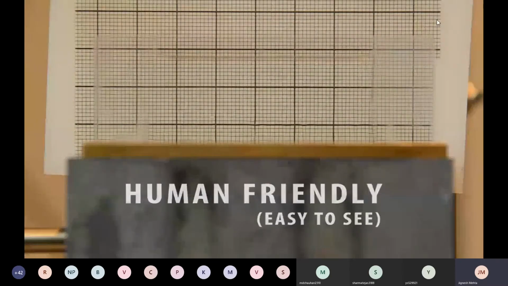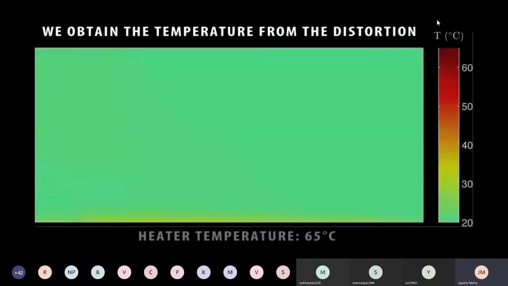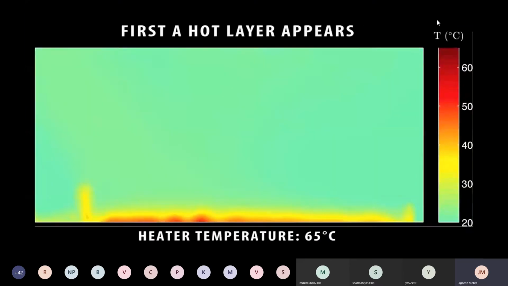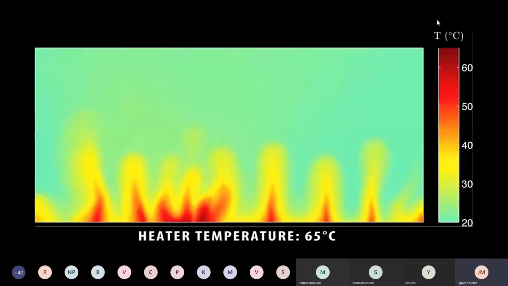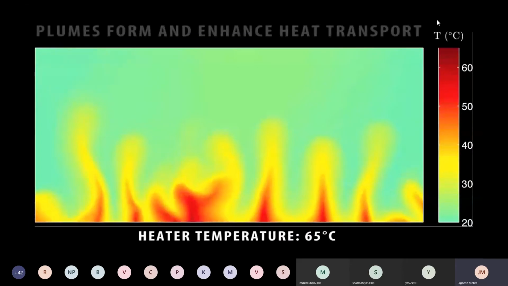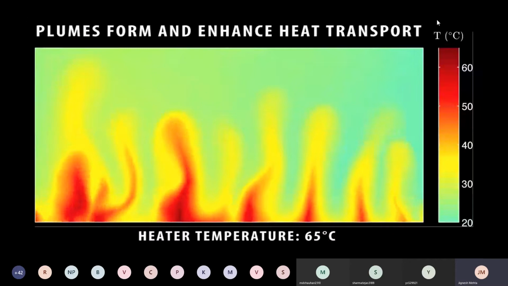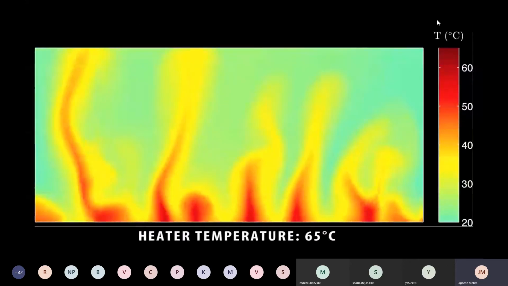But when a grid was put behind that, you could see that there is a temperature difference, right? That is, hot water is rising up and the cold water must be going down to take its place. And if you are able to measure the temperatures at different points, or maybe